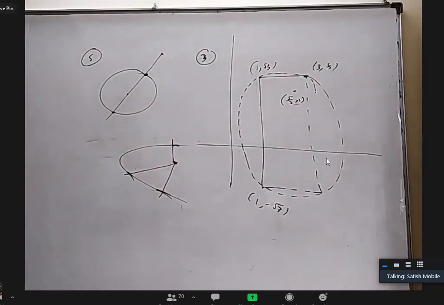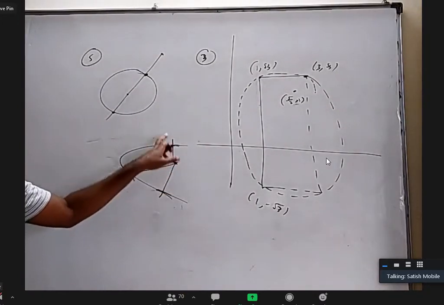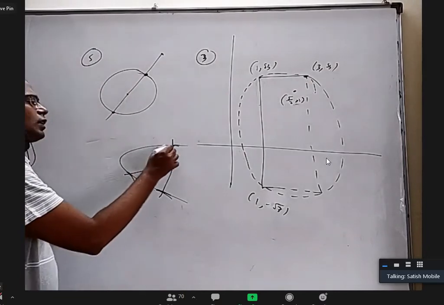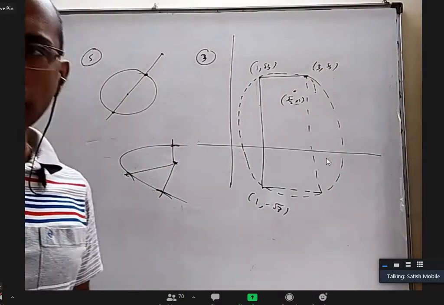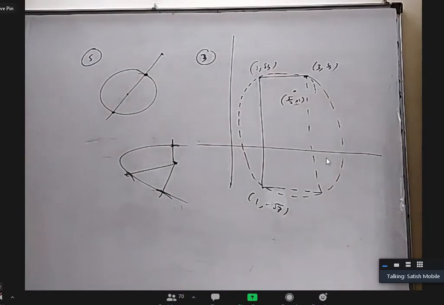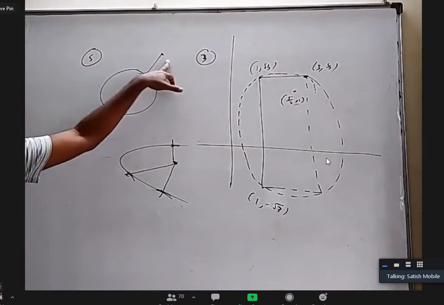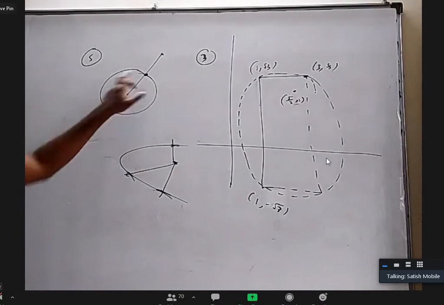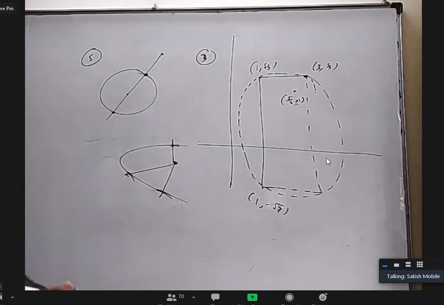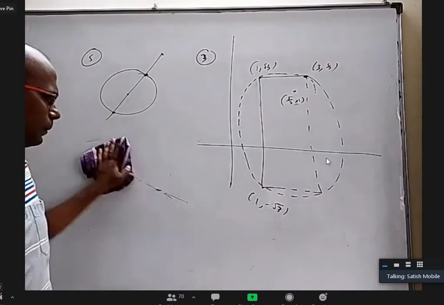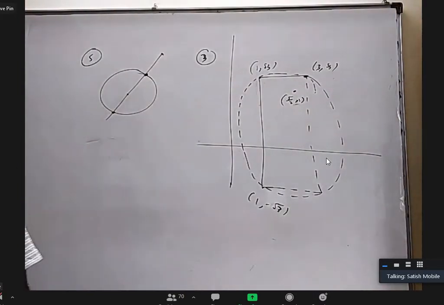So there we say, passing through any point, how many normals are there? 3. And how many feet are there? At which point that line is normal, that is called the feet of the normal. So here the number of normals through the given point is only 1, but the number of feet of the normals, that means the normal at that point should pass through this, will be 2. The answer is 2. Is it clear? Yes, sir.